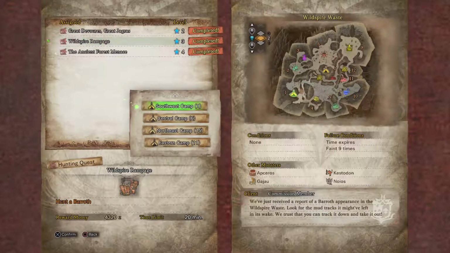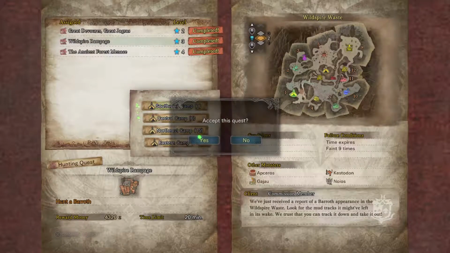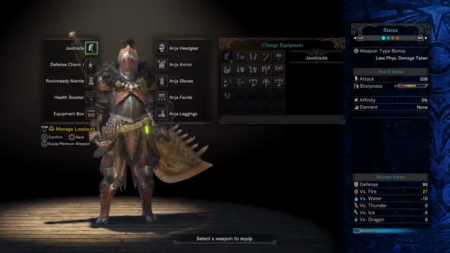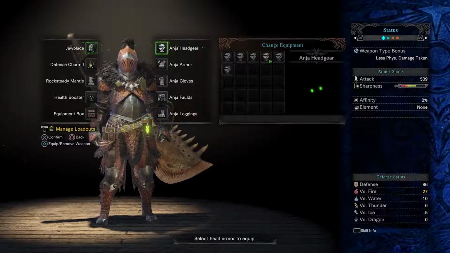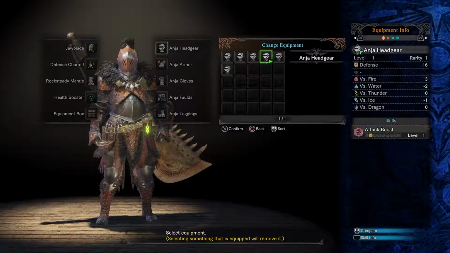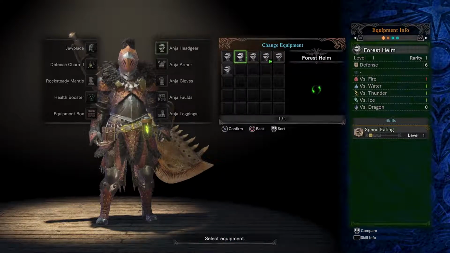Alright, so we're going to be fighting the Barith. And I'll just start here. So with the Barith, I know he's been in previous games and I've fought him. I think the Jaguars has too. But we'll switch to...